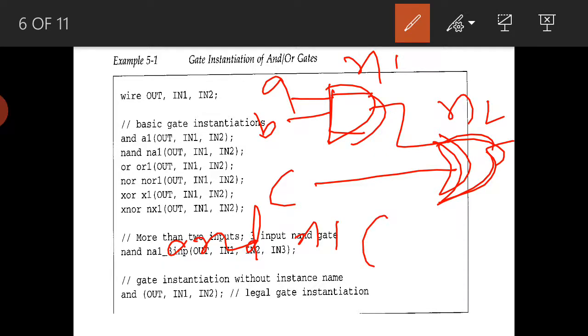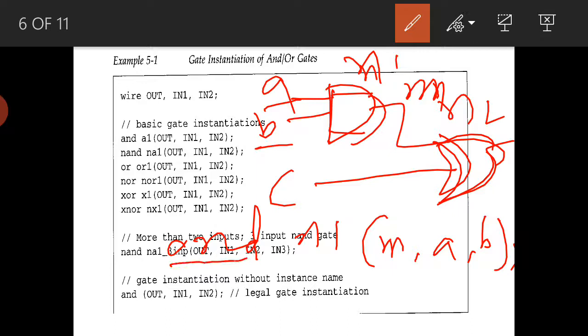What are the inputs and outputs? Let us say the intermediate signal is M. First I need to declare it as M, then A comma B. So A comma B are the inputs here for the AND gate. AND is a keyword, then instance name, output is M, and this is A comma B.